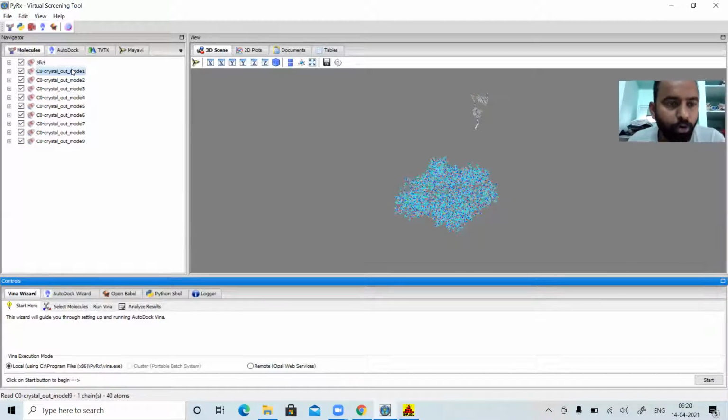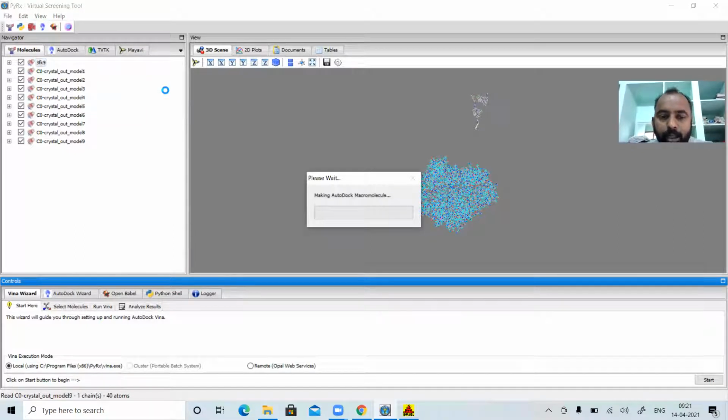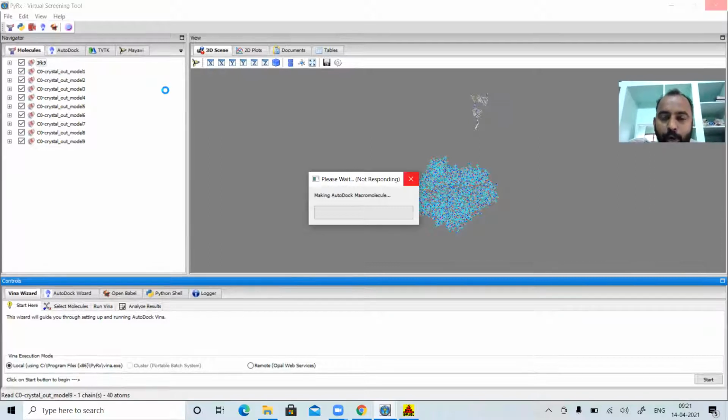Okay, let us see how to dock multiple ligands with PyRX. PyRX can even do virtual screening, where you can dock thousands and lakhs of molecules in a single click. Let us see how to do that. Just go to protein, simply select make macromolecule. Once you do that, your protein will be ready and it will be given as a macromolecule.